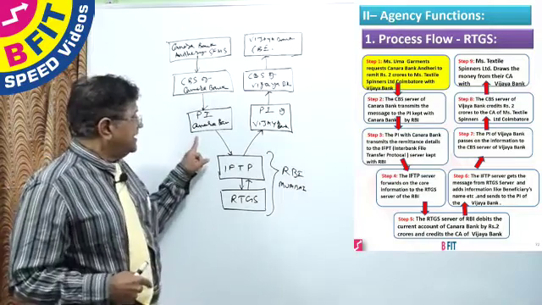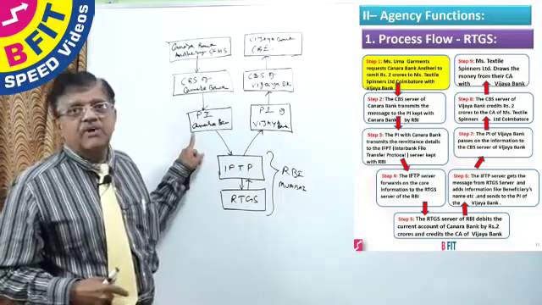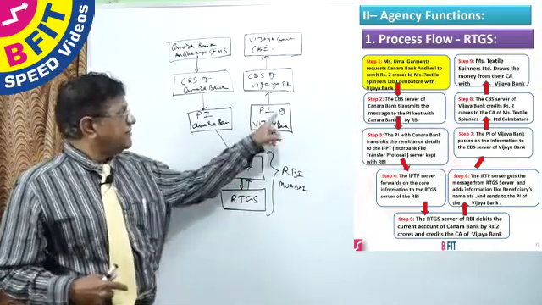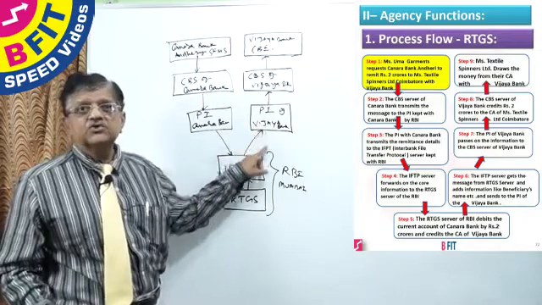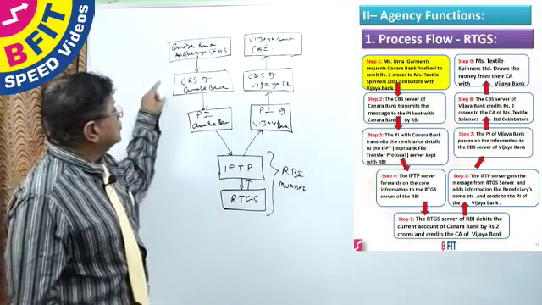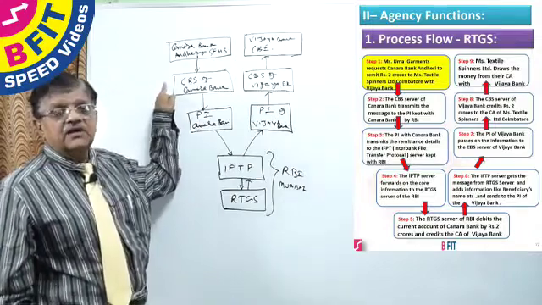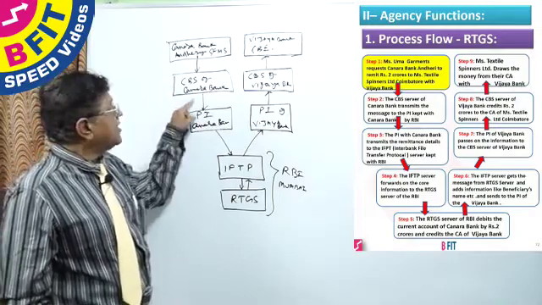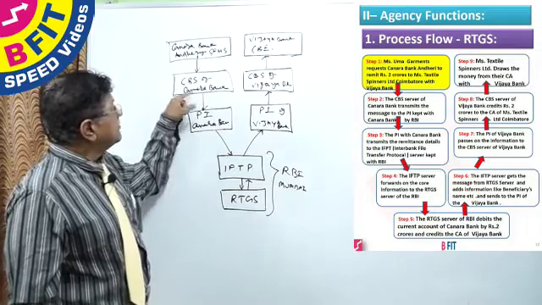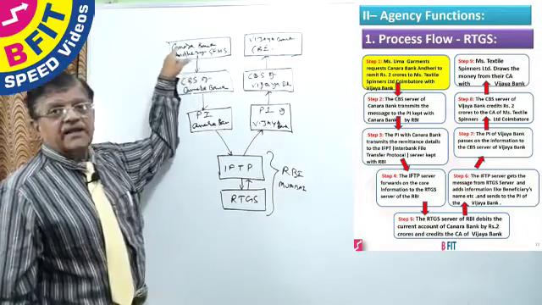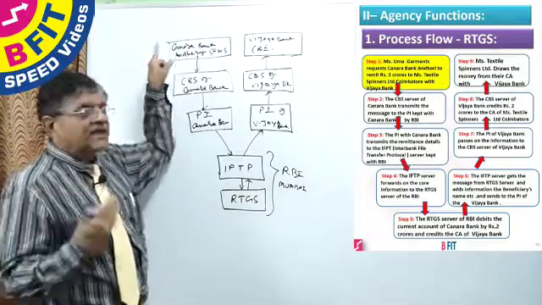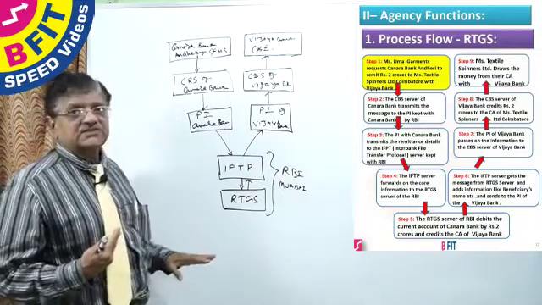This PI is with Canara Bank, Mumbai. Similarly, Reserve Bank has given another PI to Vijaya Bank. This is also with Vijaya Bank, Mumbai. This PI of Canara Bank is connected to the core banking solution server of Canara Bank. This core banking solution server of Canara Bank is in turn connected to Canara Bank Andheri branch. Every core banking server is connected to all the branches. Like here also it is connected to Andheri branch.